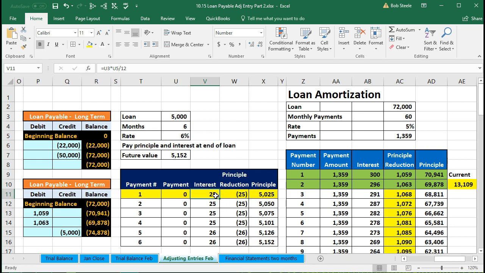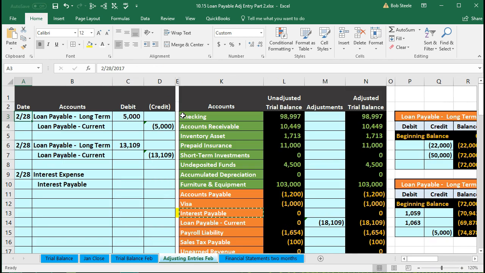We're going to increase the interest expense, the interest that has been incurred over the use of this money, and increase the payable, not the loan payable. We're going to make another account called interest payable, and it'll be another liability account related to the loan, but we're going to track that separately. So we're going to scroll back over to the left and record that 25. It's going to be $25 interest expense. We're going to have the same amount on the credit side. We have now journalized the adjusting journal entry,